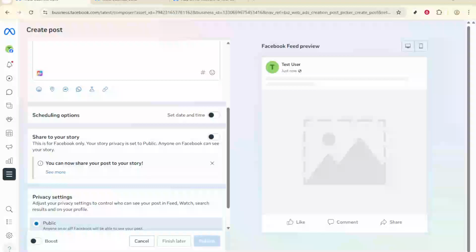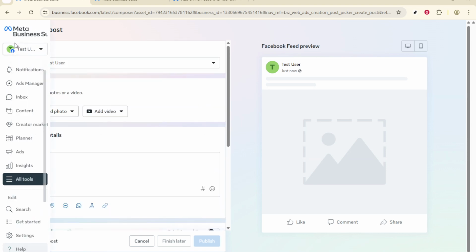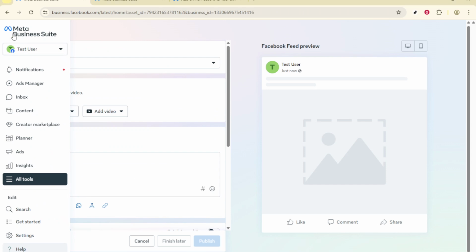In today's video, I'm going to teach you how to create a meta ad campaign in 2025. Whether you're a beginner or just need a refresher, I'm here to guide you through every step of the process. We'll cover everything from setting up your campaign to choosing the right audience and creative elements, so sit back, relax,